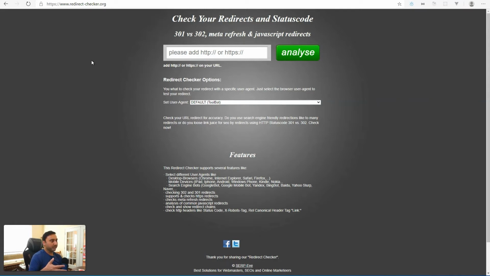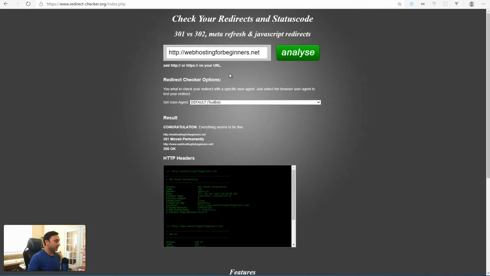This helps me when I run into the error message that the website has too many redirects and we get into a redirect loop. So I use this, and all you have to do is go to the site and type in the URL that you want to check. For example, I could do webhostingforbeginners.net, and just click on Analyze, and this will try to connect to this URL and figure out if